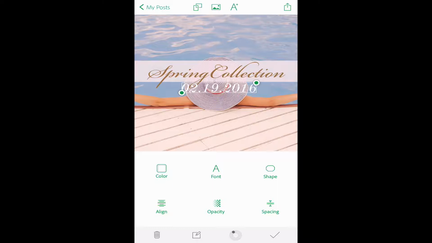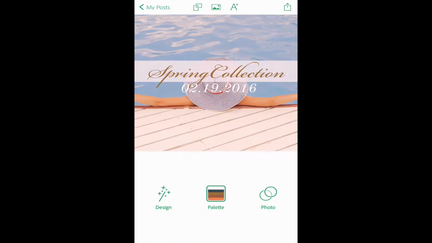There are all kinds of options here at the bottom of the screen for adjusting the text. You can play with the shape or the spacing. I keep it simple and I don't even tweak any of those things because usually I'm pretty happy with the options. But if I wanted to change the exact type of design I see on this image that we've already